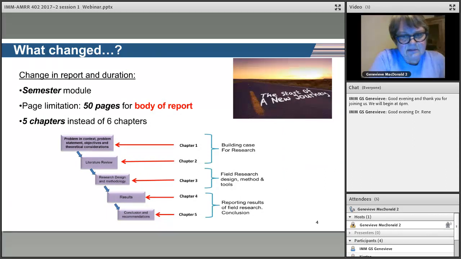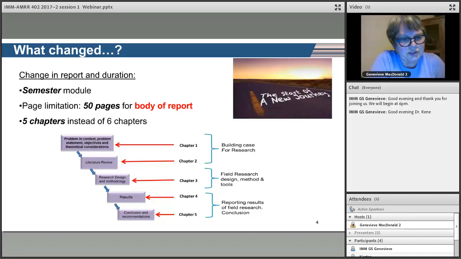The reason for emphasizing the change in module is that there is quite a bit of change. So don't talk to your friends about the 2016 version that they maybe did. Please go and look on the e-learning site and in the learner guideline to see how much different it is